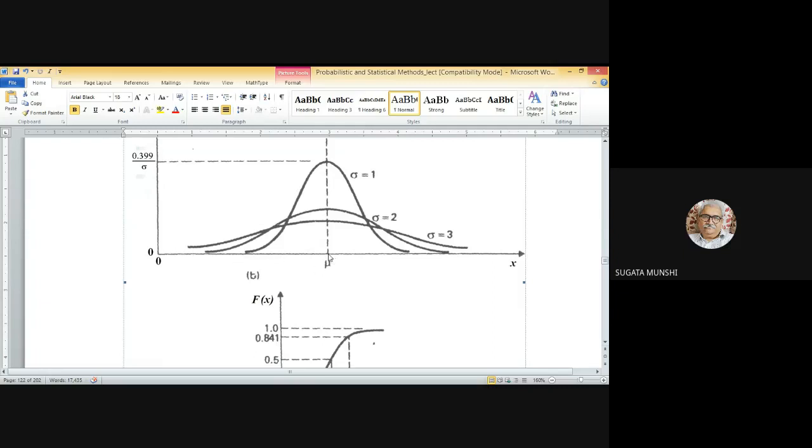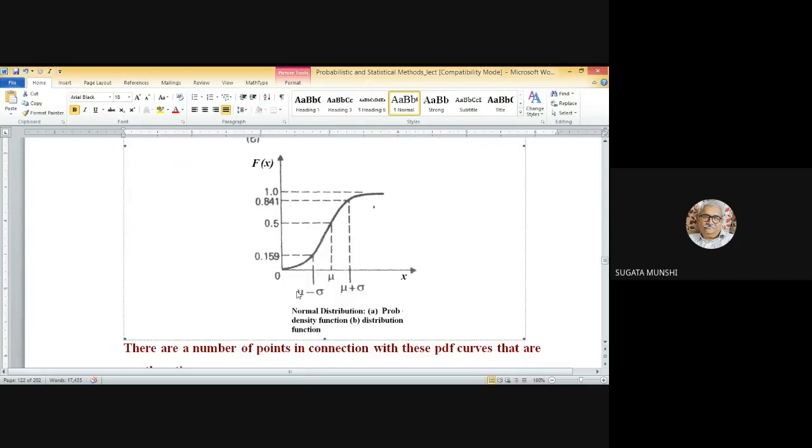And because it has this bell-shaped curve, it is symmetric about x equal to mu. Area under small fx from minus infinity to mu will be 0.5, and the area over mu to plus infinity will be 0.5, so that the two add up to 1 as the total area under small fx. So that's why capital Fx for x equal to mu will be 0.5. It can be shown that for x equal to mu plus sigma, it's 0.841, and for x equal to mu minus sigma, it will be 0.159.